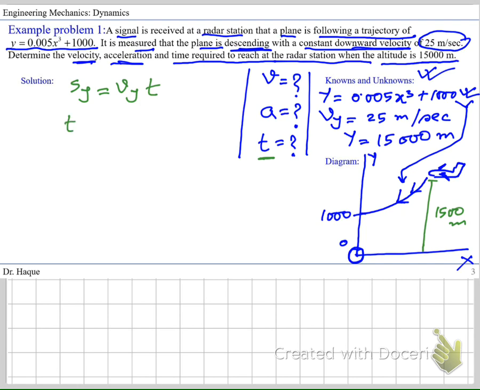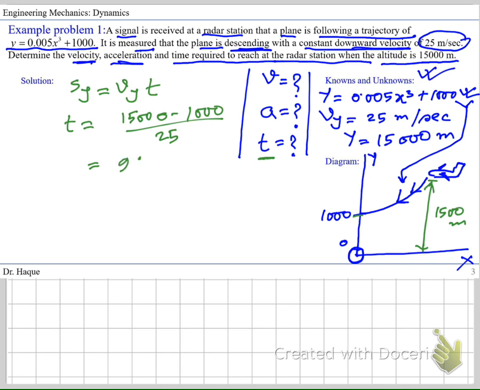So time, we can get s, the distance, so it will be 15,000 minus 1,000, divided by the constant velocity 25, which gives us